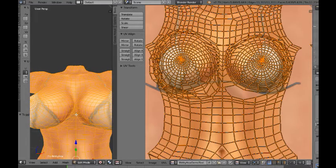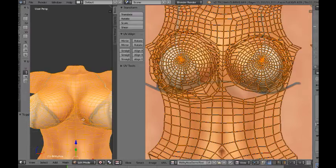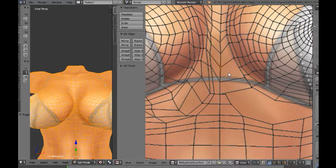Like, let me do this. See how this strap here. So, to do that, we just move these verts around until they look like that. There's a couple ways we can do it to make it look all kind of normal. And there's options over here I've never played with. So let's see what happens when we play with those. So I'm going to hit C to select